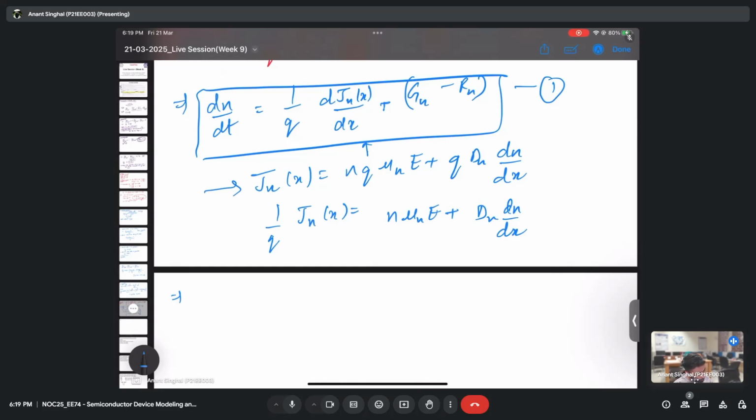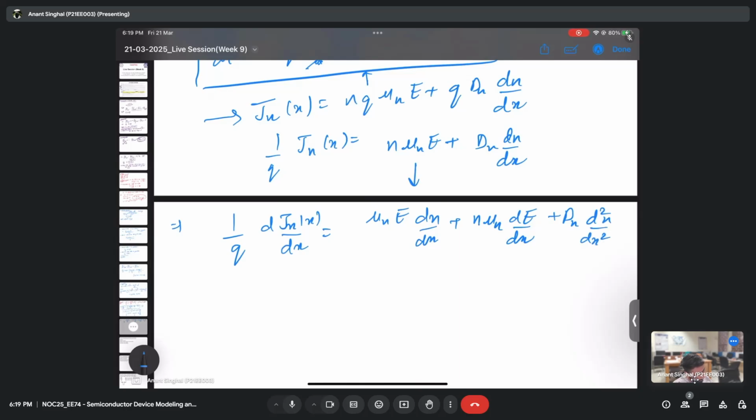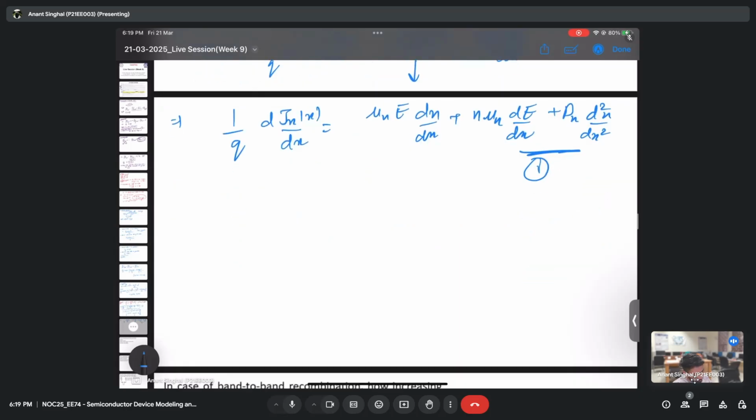Now what I want is the differentiation of this for this particular continuity equation, so let me do that. It is 1 by q dJn over dx, so the differentiation will be, we'll apply the product rule. So mu n E is constant for one part, so it will be dn over dx, plus now n mu n is constant, it will be dE over dx, and this term is nothing but d2n over dx2. So this is what we'll put in the equation 1 to get the final continuity equation,